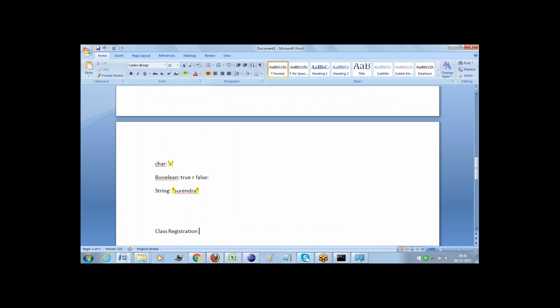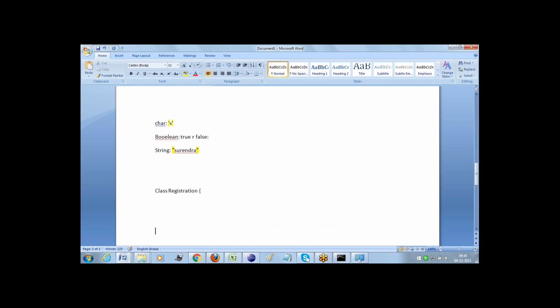I am giving my class name as registration, and in it I am defining a method as login. It contains some statements: statement 1, statement 2, statement 3.